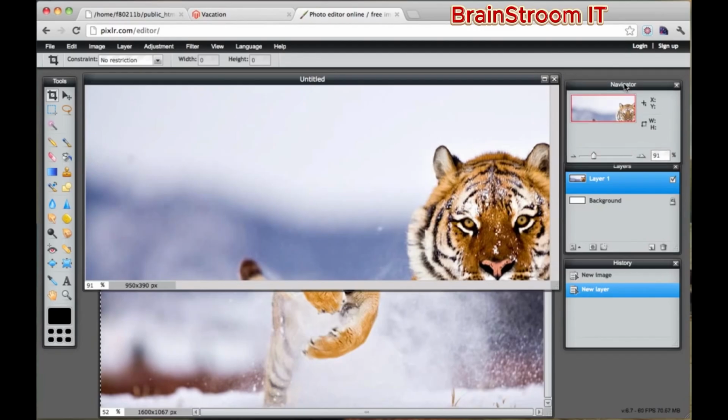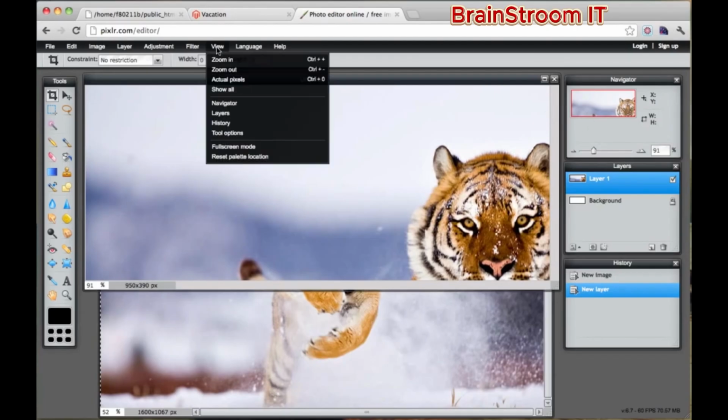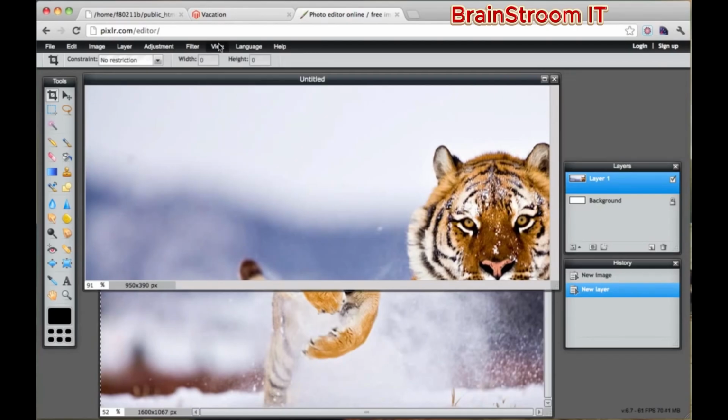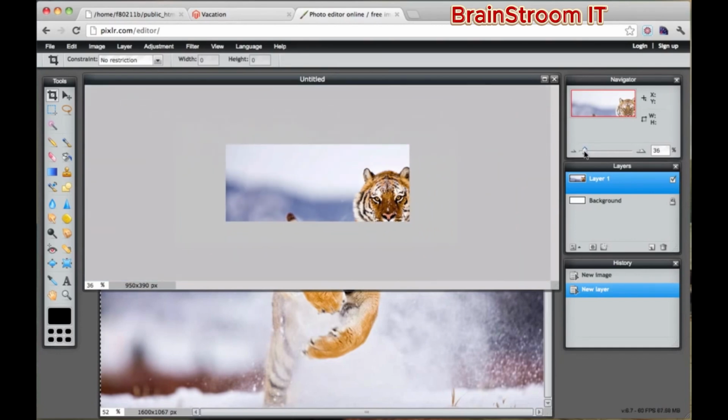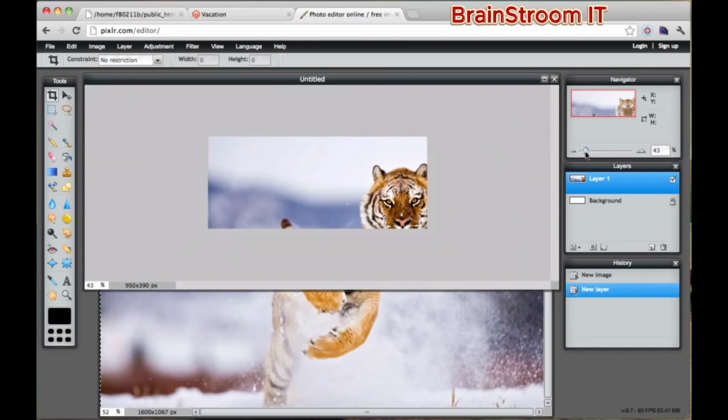So we can see this navigator right here. And if you don't see the navigator, you can go to View, Navigator. And let's make everything smaller. This doesn't actually make the image smaller, it just makes our working space smaller. Alright, once we do that,